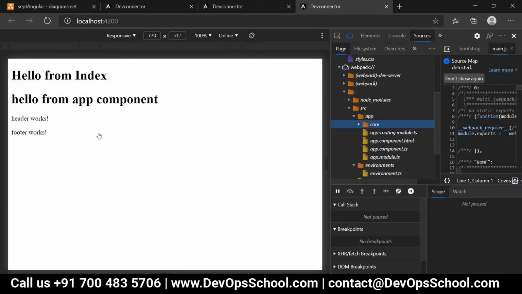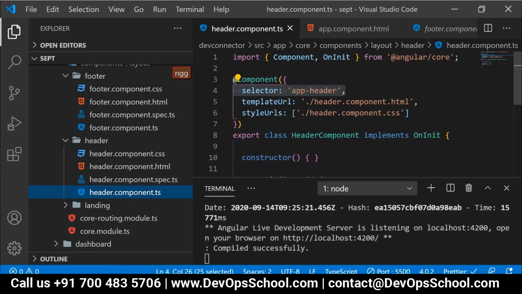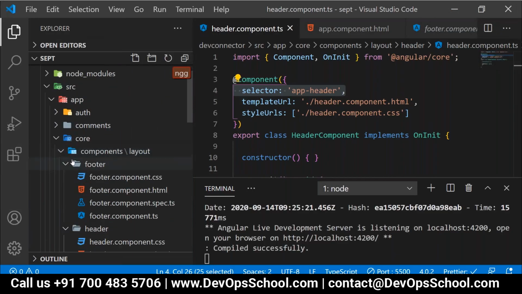So now tell me, when we are saying the core module is loaded, that means everything from the core module will be loaded or not, Prithvi? So it will load all components inside. Not just all components, Prithvi, the entire module. In short, Prithvi, have a look over here.